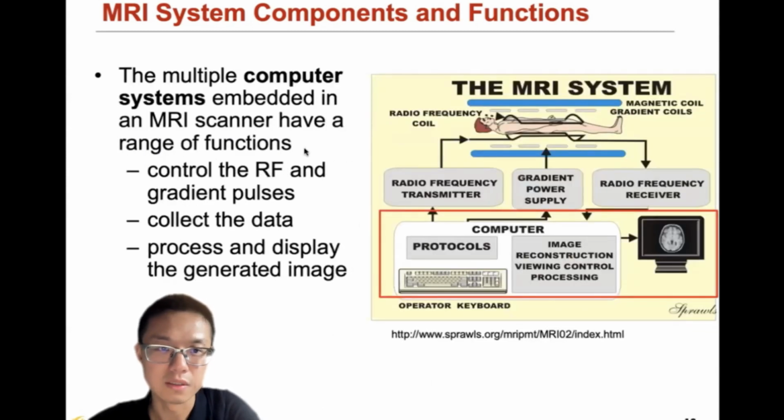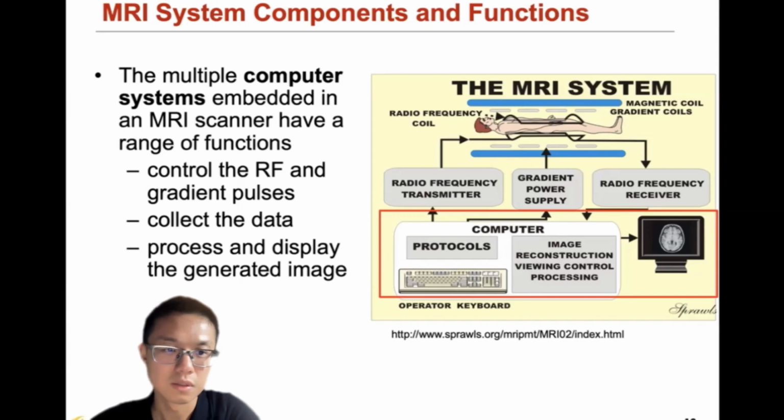And we also have the computer system, right? So those different components are used for generating the magnets, the gradient, the radio frequency for resonance. We also have the imaging part. So we need the computer system to be able to, based on the received radio frequency, generate the corresponding image so that the radiologist is able to